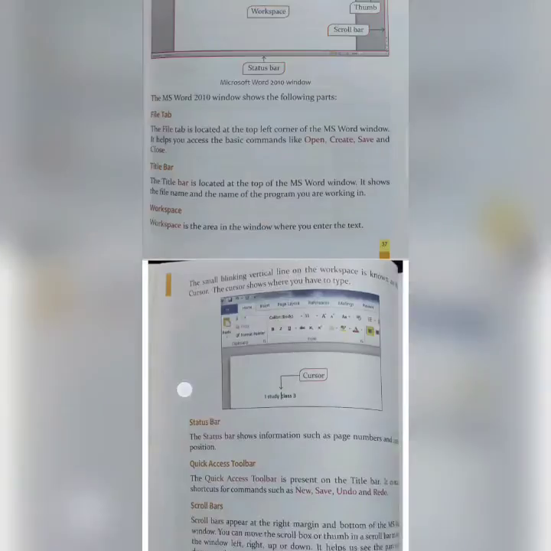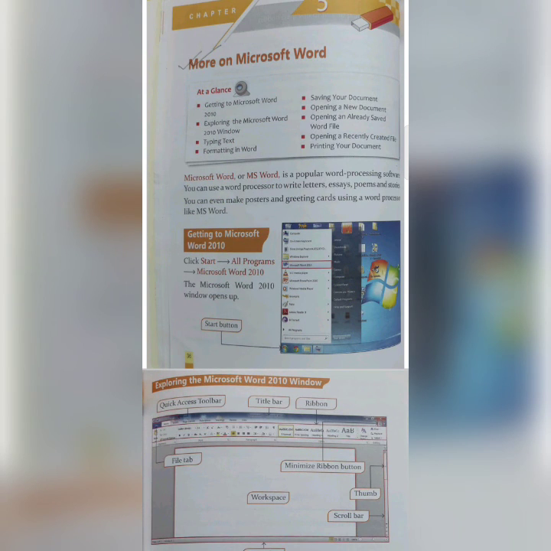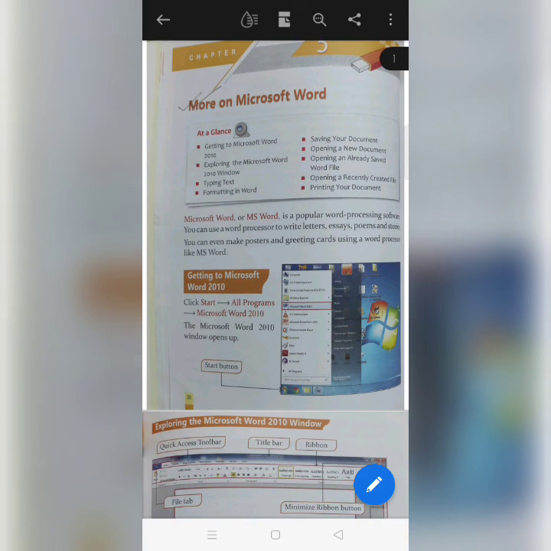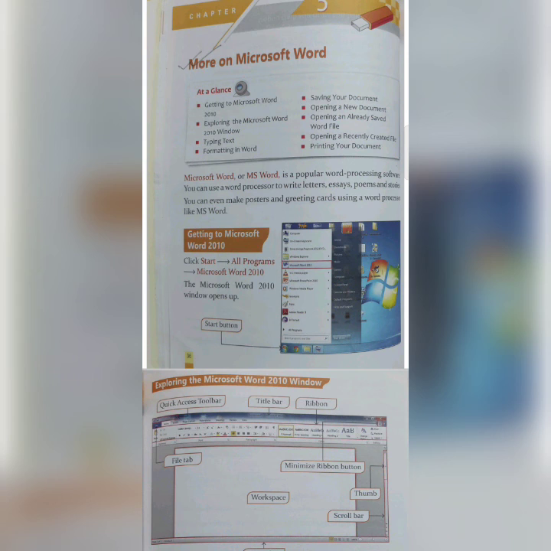So this is all about MS Word. It's a very good chapter. It's very interesting to create a document or do anything in a Word file. So if you want to practice it, if you want to know this chapter more precisely, then do it practically at your home with the help of your parents. Or if you can do it alone, open this video, my video, and follow the steps. Okay, so this much, and I'll give you the exercises with this chapter.